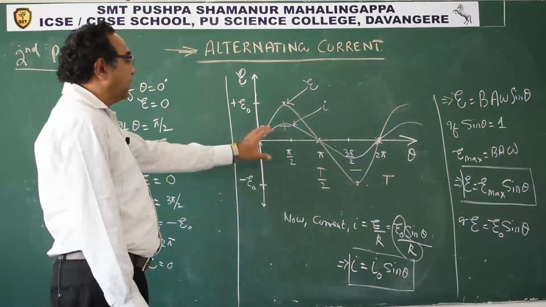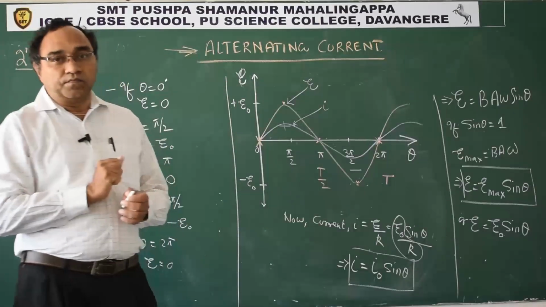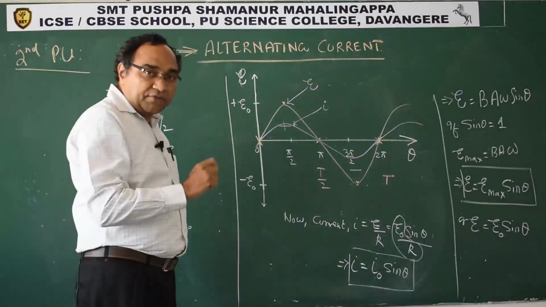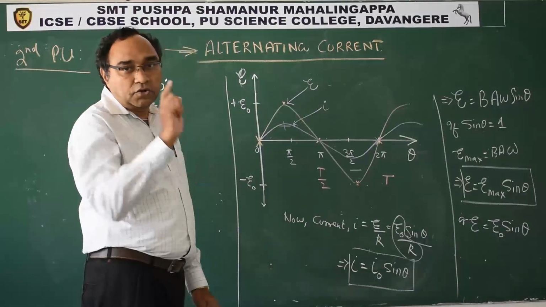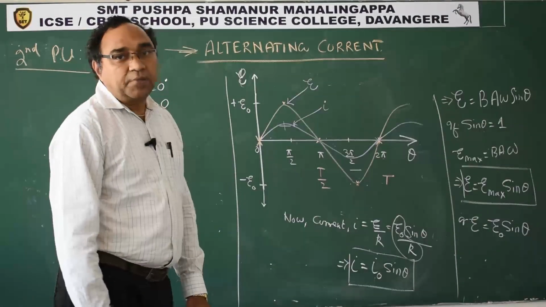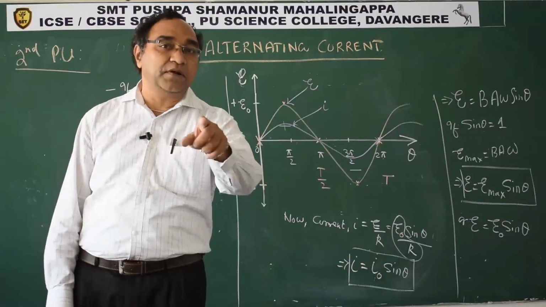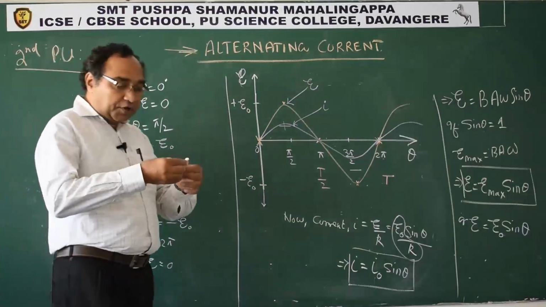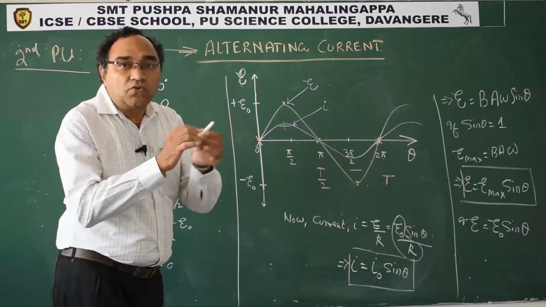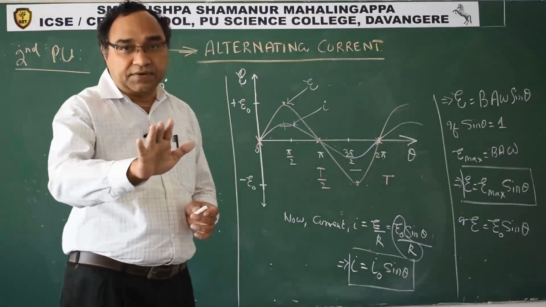In order to understand the practical significance, students, you have seen a 3-point plug at home. In the 3-point plug, whenever you connect any device, have you ever seen a plus and minus mentioned in it? No. AC devices will not have plus and minus mentioned, but all DC devices will have plus and minus terminal mentioned. Like say for example, torch. In a torch, when you put a dry cell, in the dry cell, observe it, there will be a plus and minus mentioned. You have to place it accordingly. You cannot change the orientation.